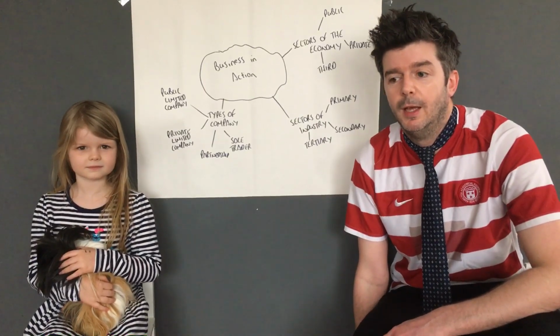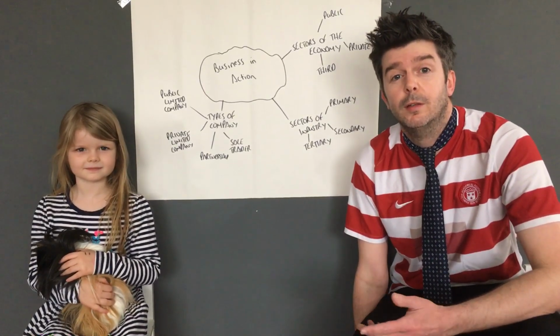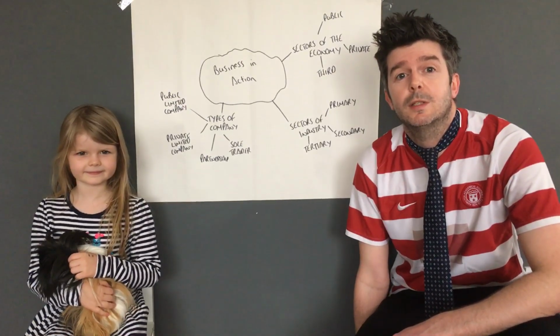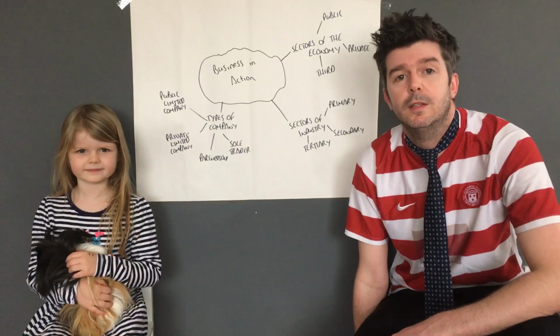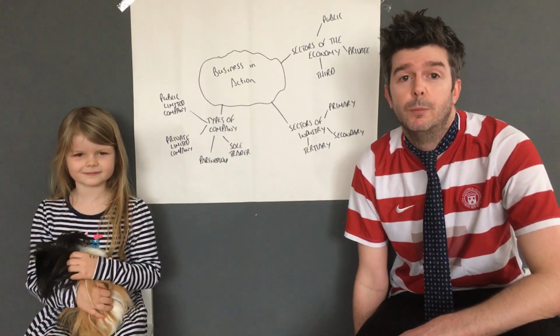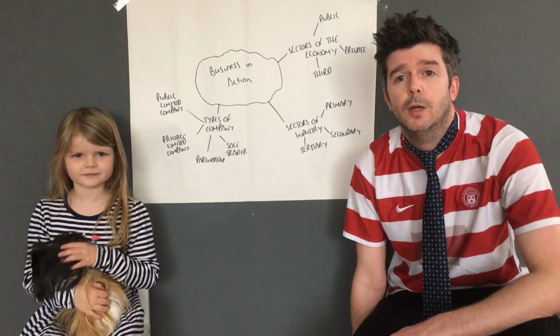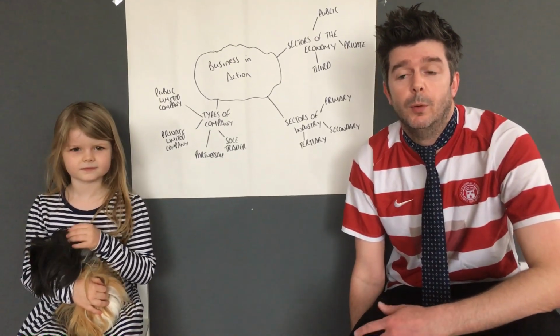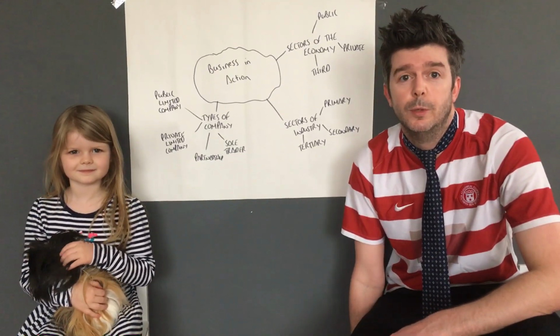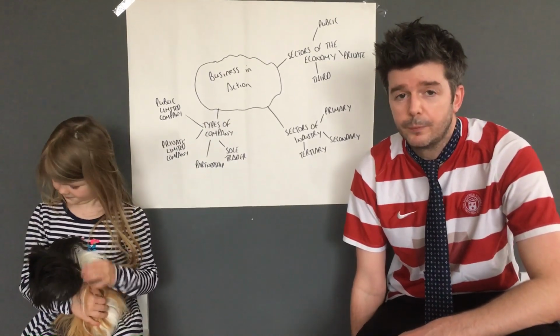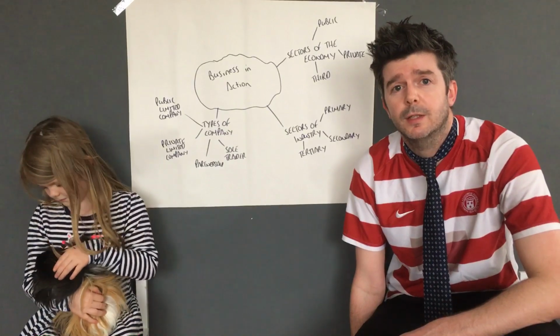Okay. And the third type of business in the sector of economy would be third sector businesses, and these will cover things like charities or clubs like Hamilton Golf Club, or social enterprises like The Big Issue, where they raise money but with a social aim, like helping homeless people or helping people with disabilities and so on. Okay, so that's a quick recap on sectors of the economy.